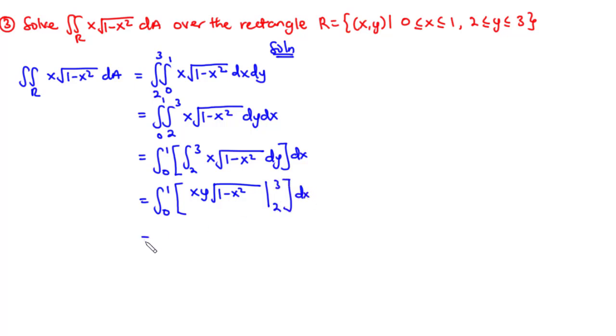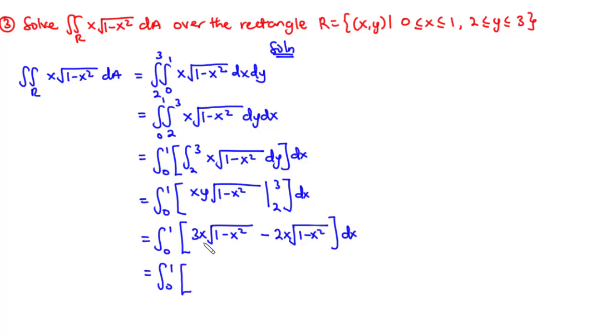Therefore, we have the integral from 0 to 1, and then inside the brackets we replace y with 3, so we have 3x times the square root of 1 minus x squared, minus, replacing y with 2, 2x times the square root of 1 minus x squared, times dx. So we have 3x minus 2x, that gives us x, so we have x times the square root of 1